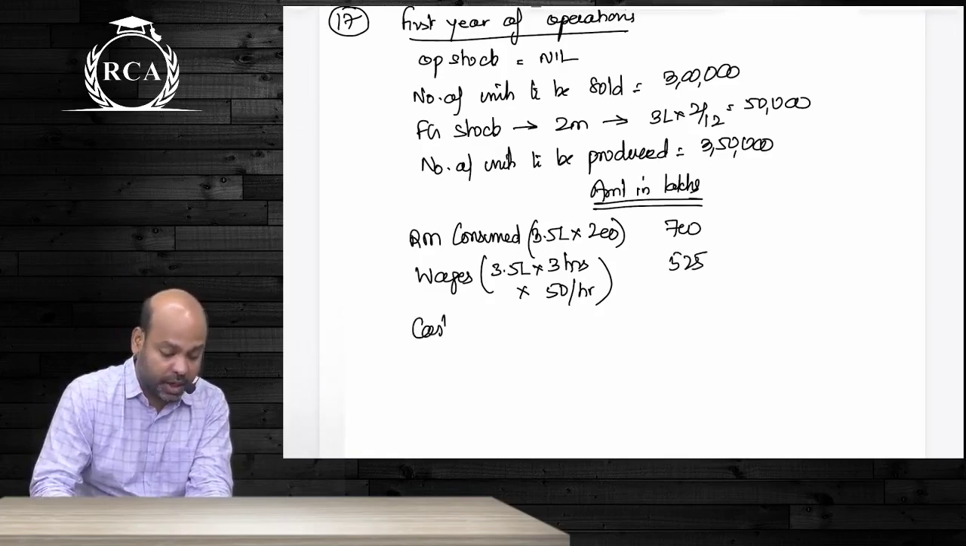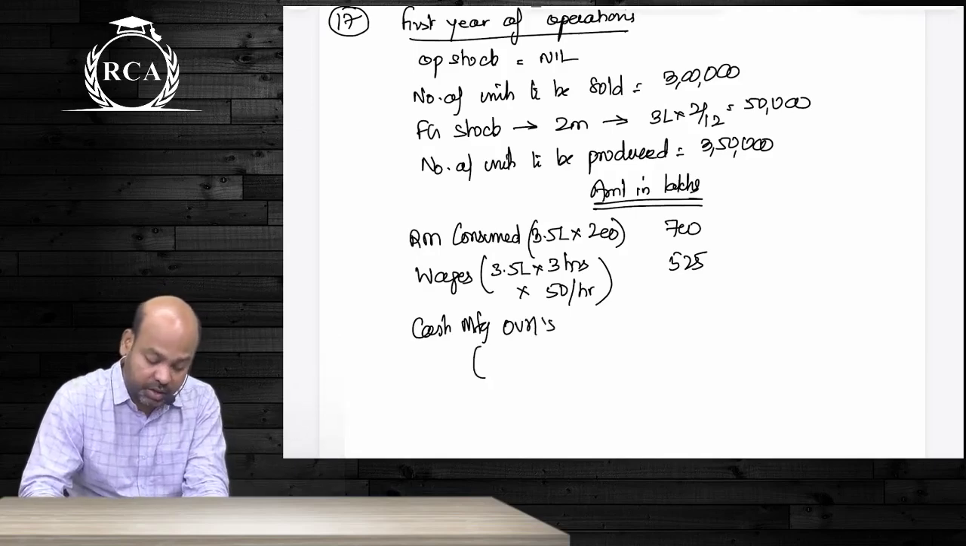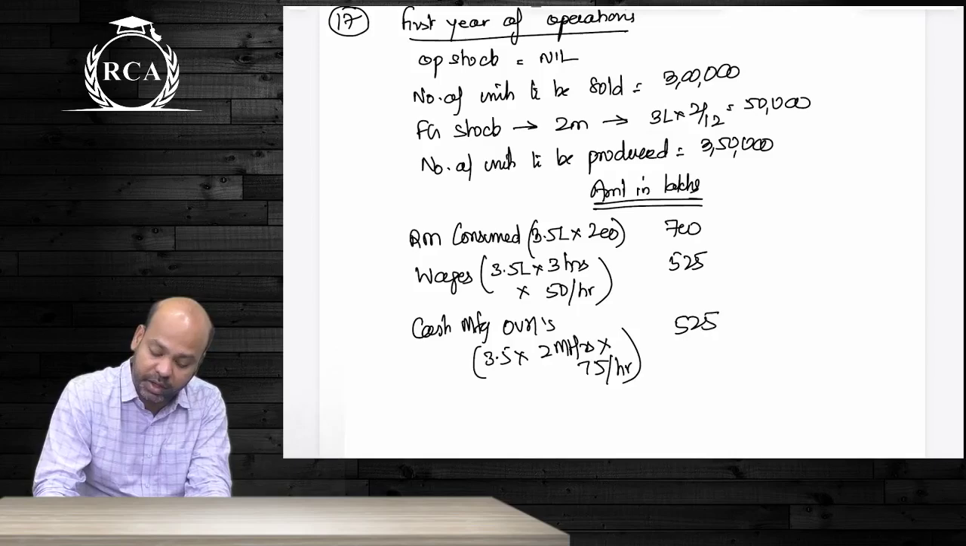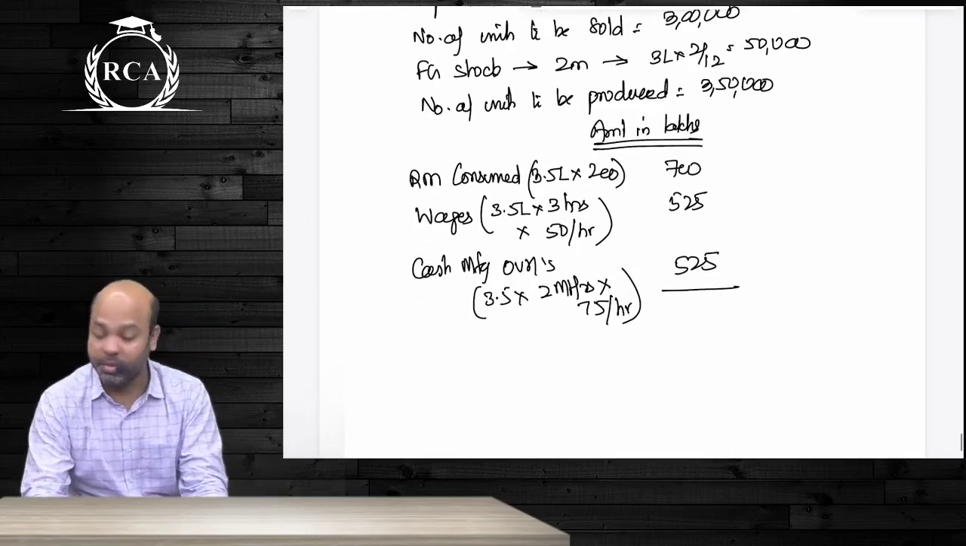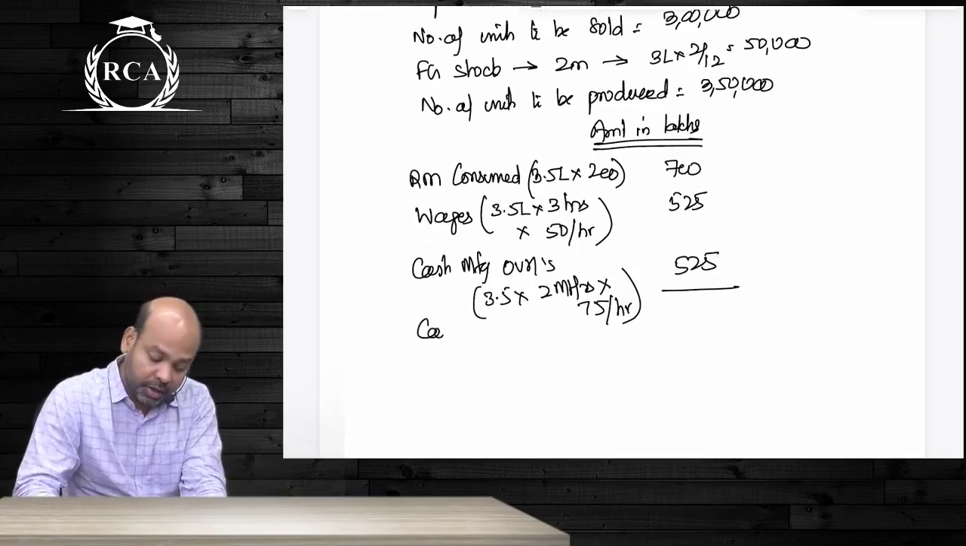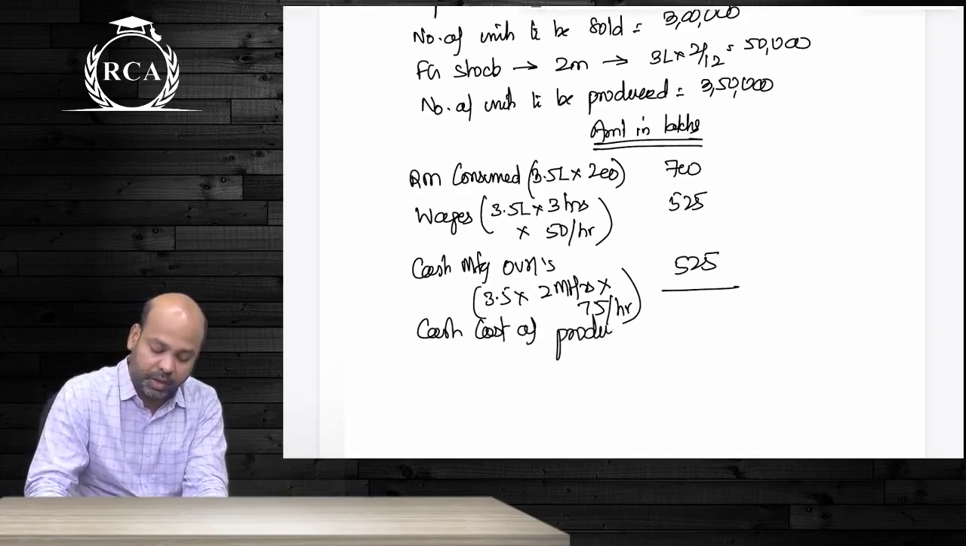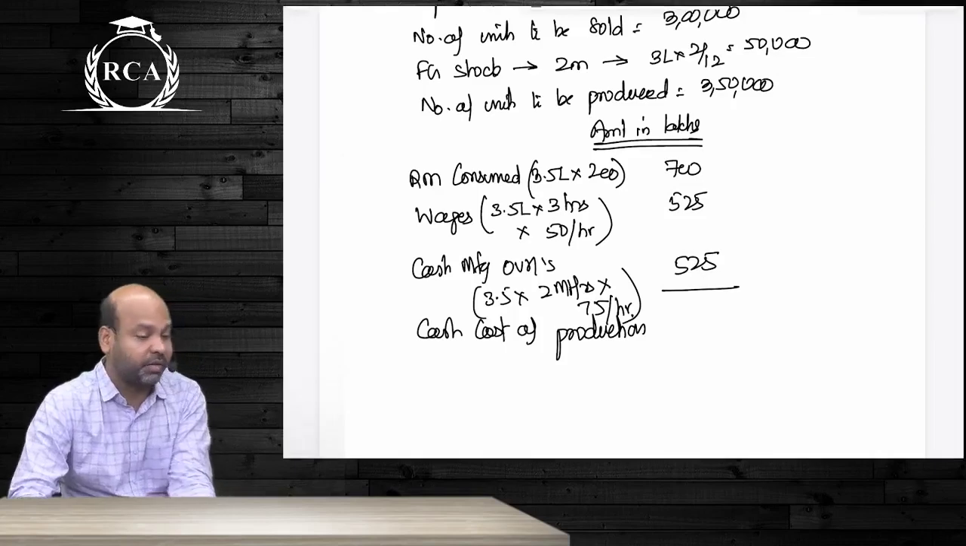525 lakhs. Cash manufacturing overheads, guys, are 75 rupees per machine hour. And for each square meter we need how many machine hours? 2. So even that beta is 150 rupees per square meter. So 525. How much will be the sum total of this beta? इसको हम लोग बोलेंगे कैश कॉस्ट ऑफ प्रोडक्शन. हाँ या ना गाइस? Cash cost of production beta is